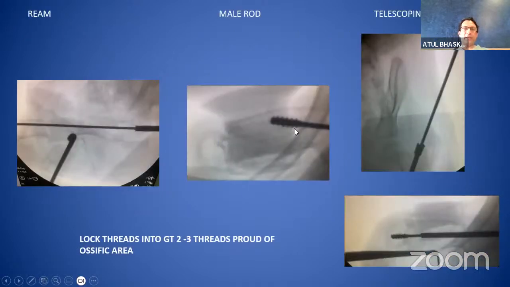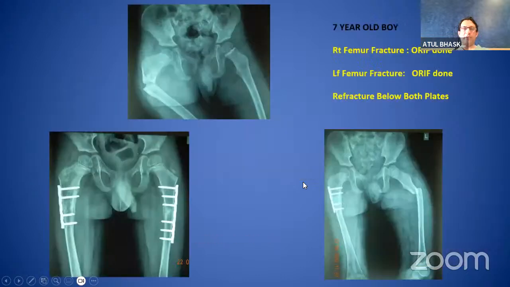Once you've got the male rod inside, don't engage the epiphysis very early. In the metaphysis, you can see this bow in the front. This is very, very common. And if you're not careful, you can actually penetrate the cortex. So hence, your assistant must hyperextend the knee 15-20 degrees, so that this threads purchase the epiphysis. And you advance the female and the male rod together, beyond, into the lower metaphysis, so that you don't penetrate the joint.